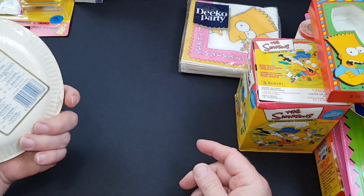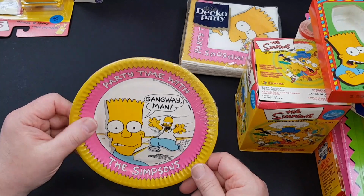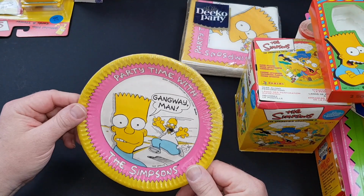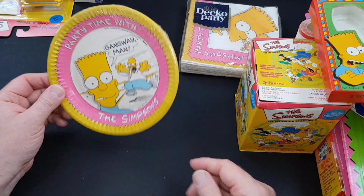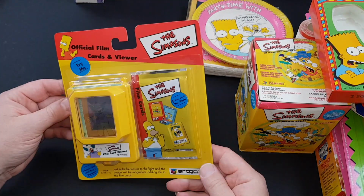These are like little plates, and they're the same company, which makes me think that these and the serviettes were about 1991. They're quite nice, a little sealed set there. This is one of the more modern pieces. This is Simpsons